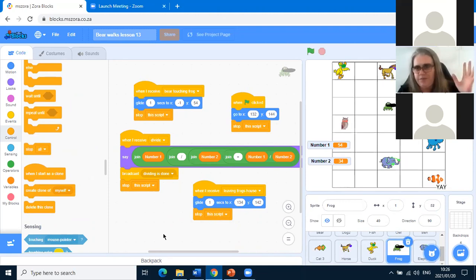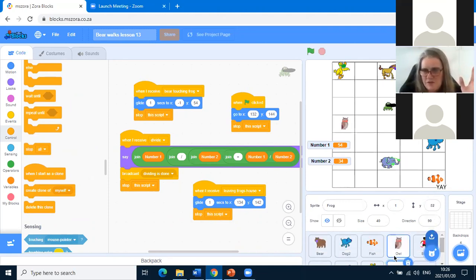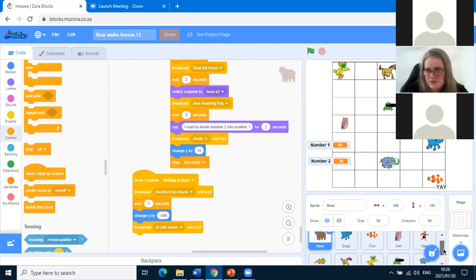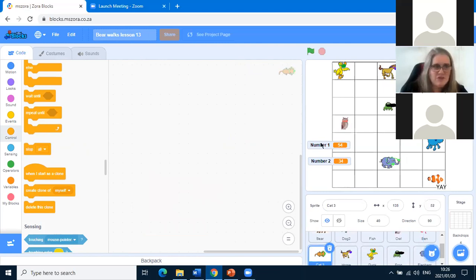We're going back to Bear. After Bear has sent the message that he's leaving Frog's house, he waits a second and then he changes. And then all of a sudden he's going to broadcast that he's at Cat's house. Cat must now do something. He's going to move to where Frog was sitting. So we click on Cat, and Cat's going to receive that message